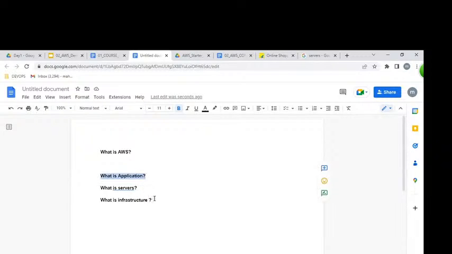That is my question. Majorly, we require servers. We require networks. We require databases. We require storages. These are all the major infrastructure required to maintain our websites on hundreds of servers. Clear? What is an application? We understood. What is infrastructure? We understood. But how many ways can we get this infrastructure?